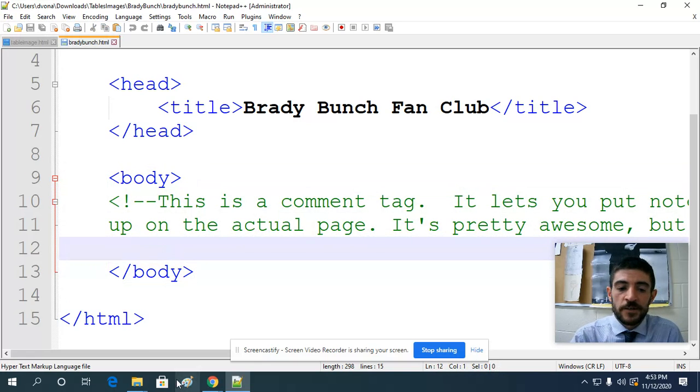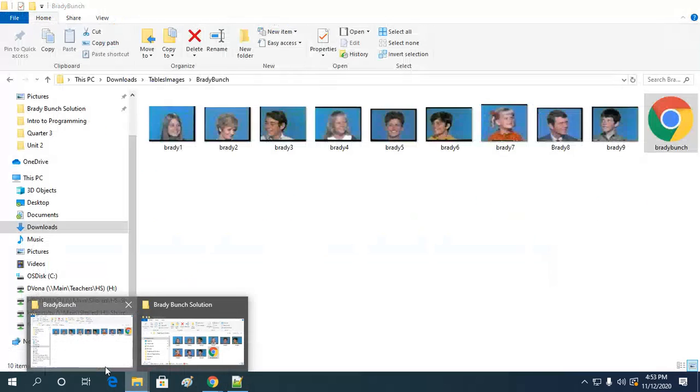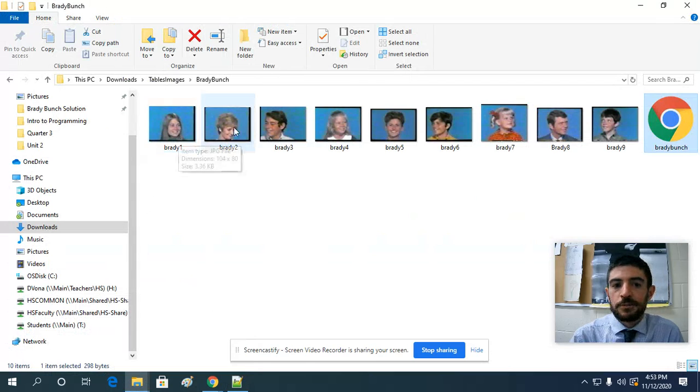Now, if you're wondering about the order of the pictures, I made them numerical. So Brady 1 is the top left, Brady 2 is top center, Brady 3 is top right. So when you're putting them in the table, if you just go in order, Brady 1, Brady 2, Brady 3, Brady 4, Brady 5, Brady 6, Brady 7, Brady 8, Brady 9, they'll be in the